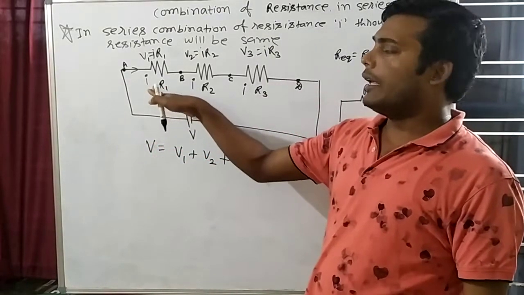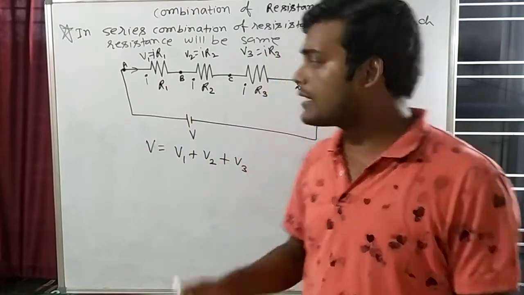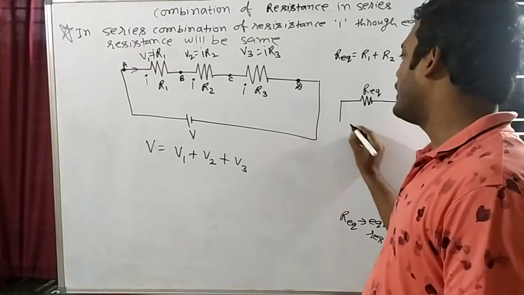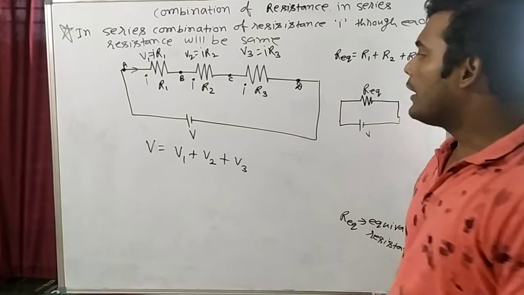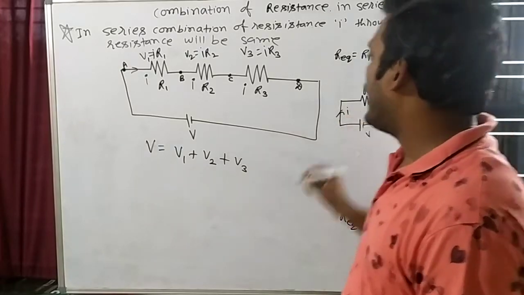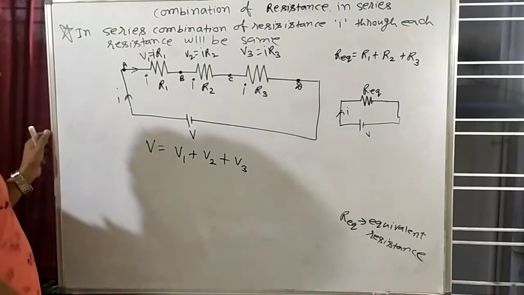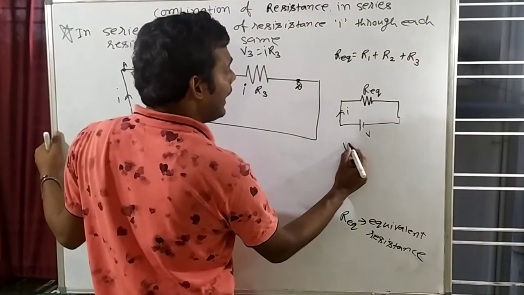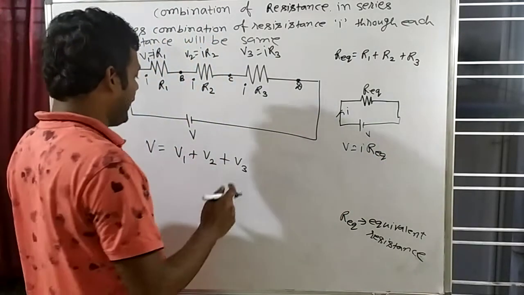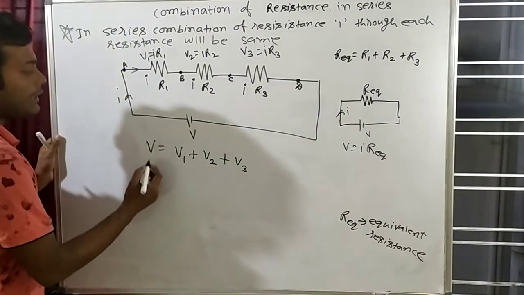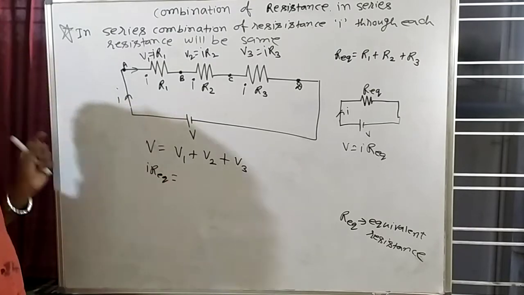तो मान लेते हैं कि if we will replace all three resistances, then we have to replace it with an equivalent resistance. So let's say equivalent resistance is R equivalent, and here what is the potential supplied? Potential supplied is V. Clear? And how much current is going here? I. How much current is going from this here? I. So what will be V? V is equal to I into R, but this will be I into R equivalent. So V is equal to, on the place of V, I will add I into R equivalent. क्यों? क्योंकि मैं equivalent का यहाँ पे लिख रहा हूँ.